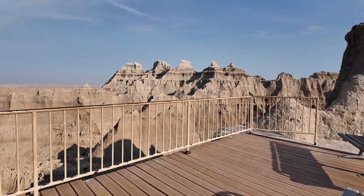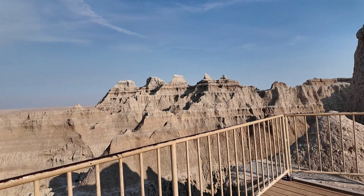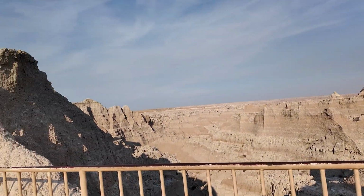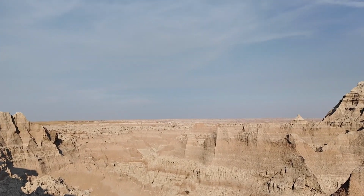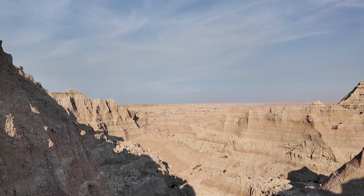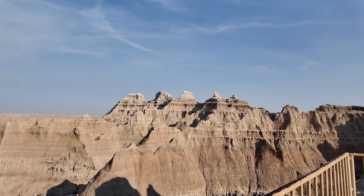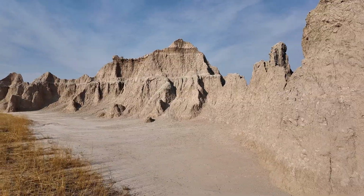Wow, because it's all open. Let's get a little closer. Ooh, if you're afraid of heights, be warned, it's definitely high up here. Definitely Badlands right here. We're gonna head back to the car